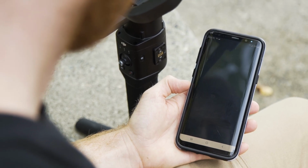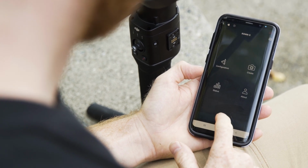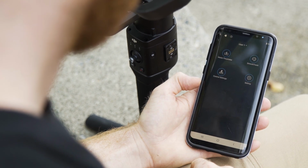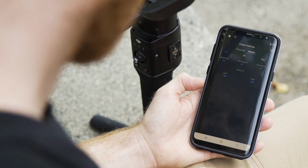One element that DJI could improve on is just the functionality of the app and fine-tuning the motors. It's definitely not super intuitive. I mean, compared to other systems, it's not too bad, and I was able to figure it out in not too long a time, but at the beginning I was a bit confused on which functions did what. I was having trouble figuring out what I was calibrating, the joystick versus the actual tilt and pan with the